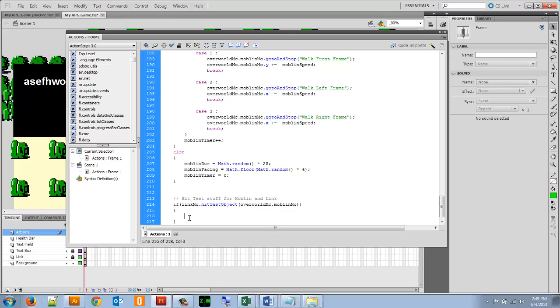So here's how that would work. I would type in link health bar MC dot, and I think I forgot the MC earlier, didn't I? I bet you I did. Link health bar MC dot